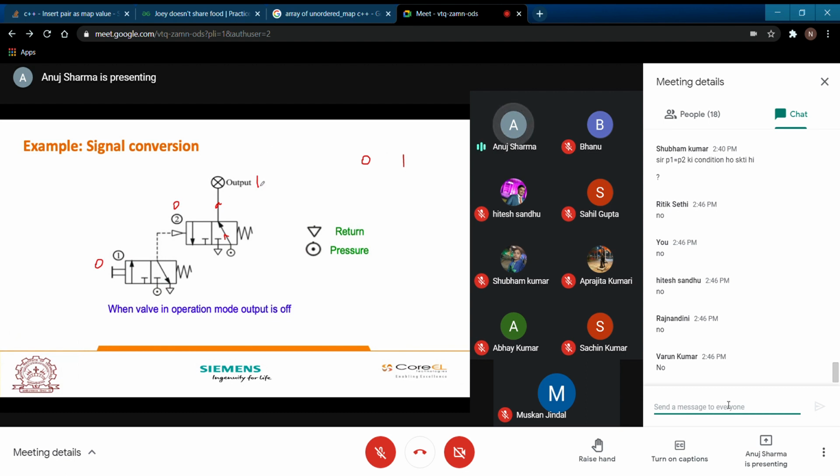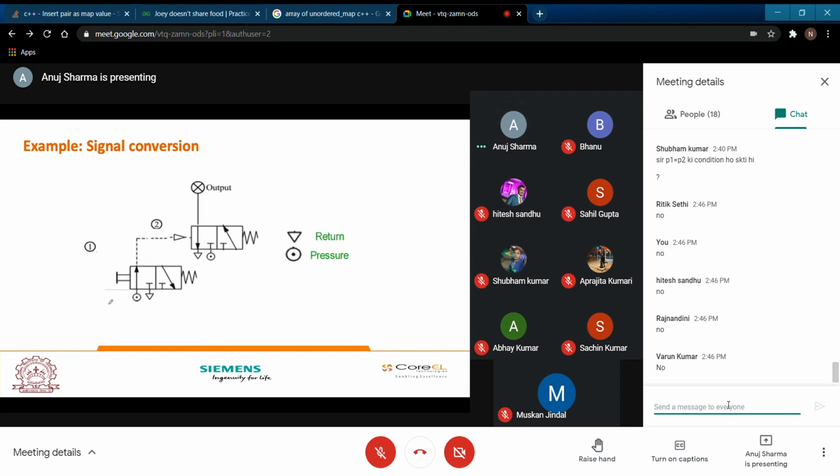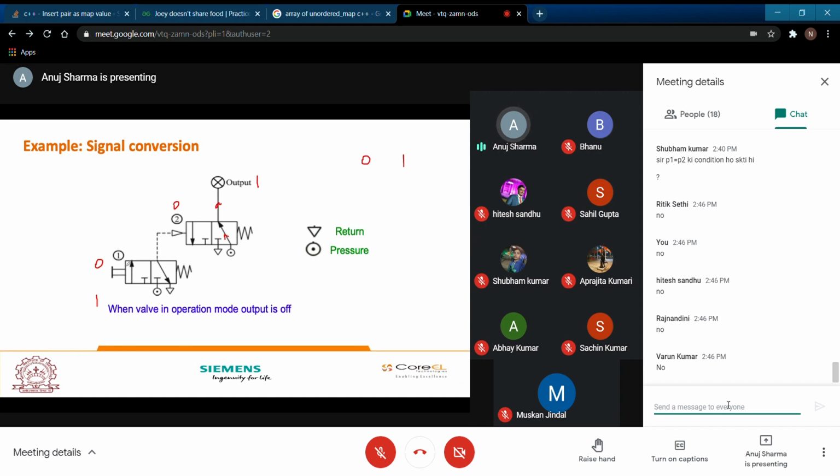Now let us have a very brief look at what will happen if we press this button. If we press this particular button, your input will be 1. Am I correct? Now what will happen when you push this button? This box is going to come into action and be shifted into this particular position.